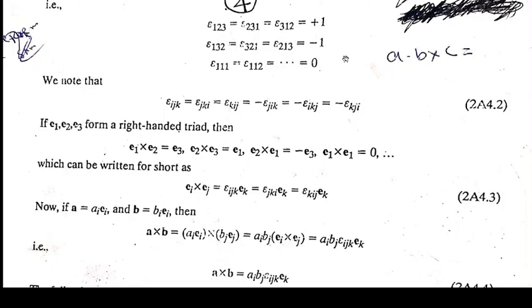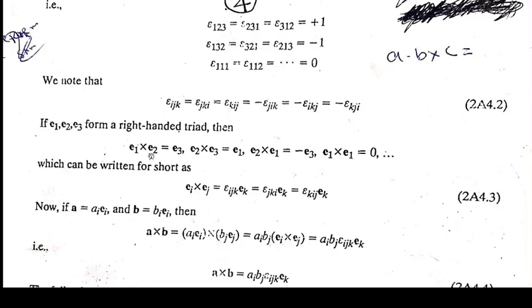As we have made use of delta for the dot product of basis unit vectors, perpendicular unit vectors e1, e2 and e3, where we have written ei dot ej equals delta ij. Similarly here we will write about the cross product of these e1, e2 and e3, what will be the results, and how we can use this epsilon for the result of the cross product.